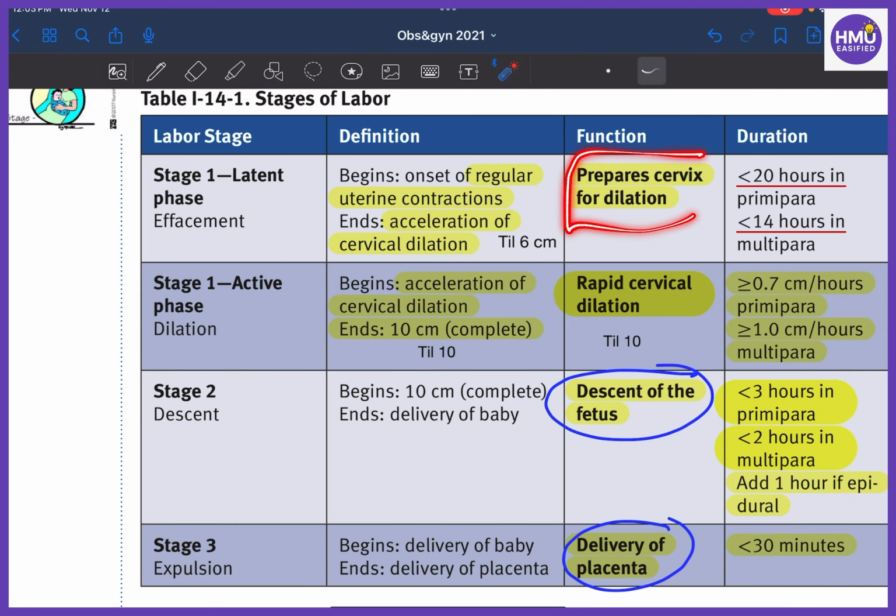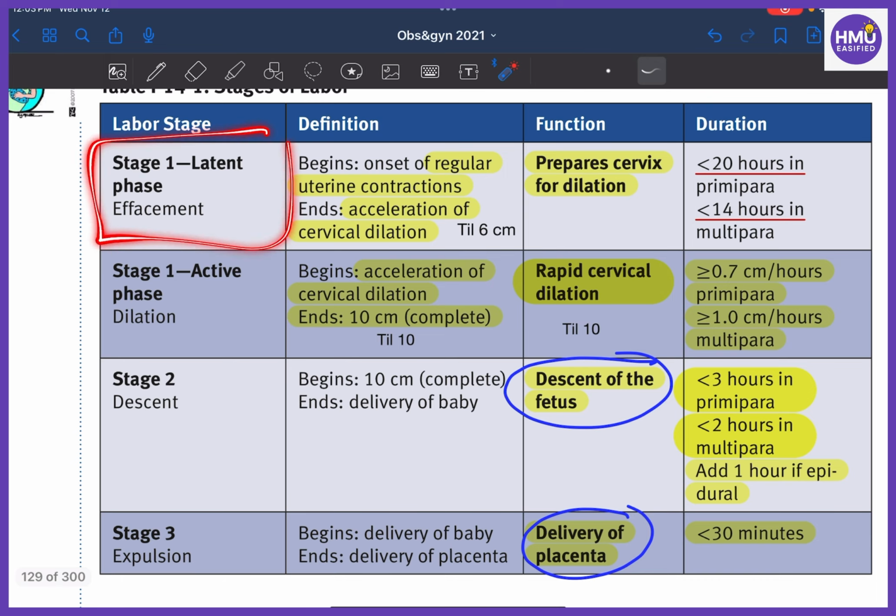Okay, preparing the cervix for dilatation. How long does the latent phase last? It lasts under 20 hours in primipara. Okay, they're new to parity, they're new to a baby being born, so they're quite slow. But multipara, now these are professionals, they know what they're doing, so it's less than 14 hours for them in